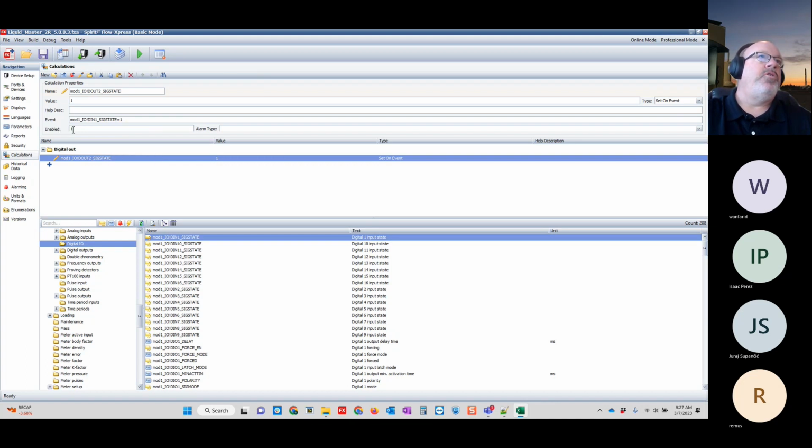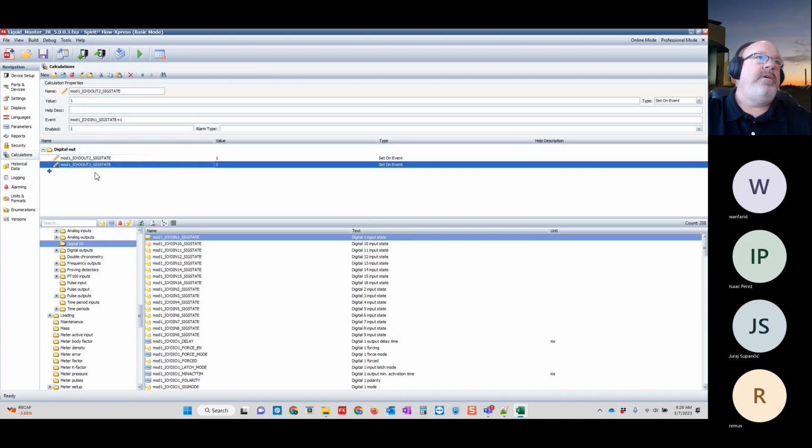And you can put an enable logic in there. So I could put a tag in there that says enable, disable. So as long as it's enabled, it'll do this function. If I disable it, it won't do the function. So I'm just going to leave it as enabled all the time. And when the digital goes high for digital 1, digital 2 will go to a 1. Now I'm going to copy this,